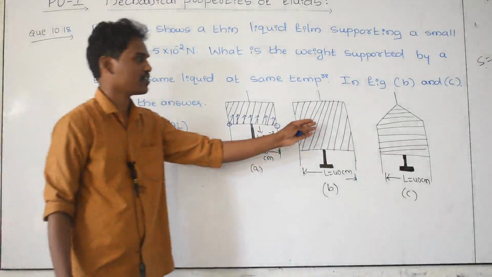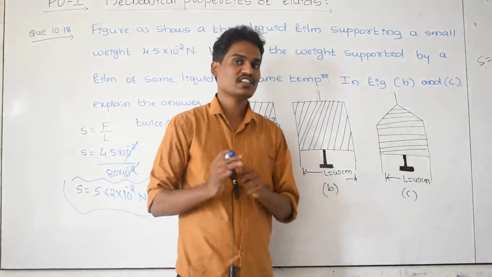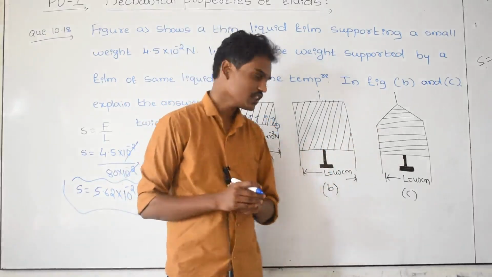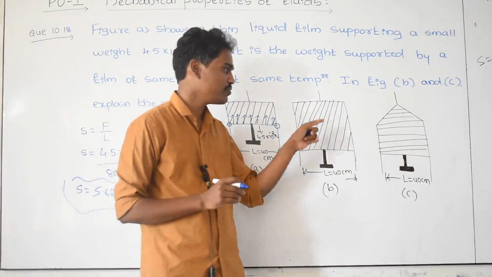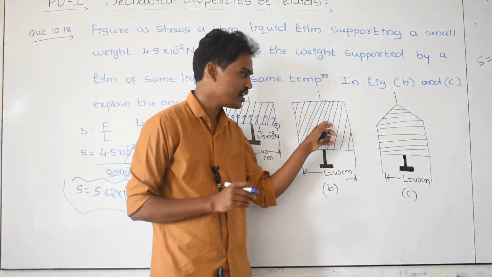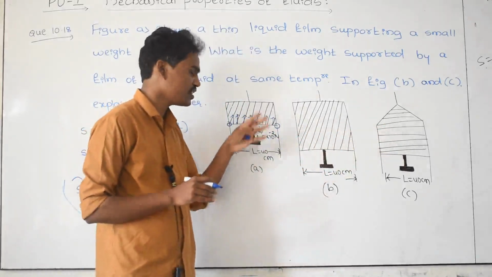And what about the surface tension in case of B and in case of C? The answer is same. What is the reason? Whatever it is, the same soap solution they are using here and also here, and the temperature of the soap solution is exactly same